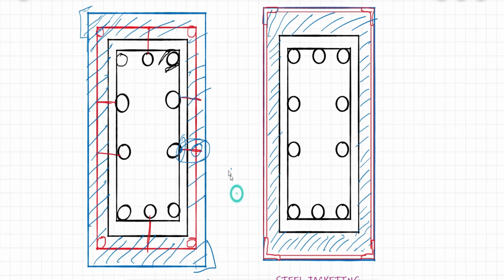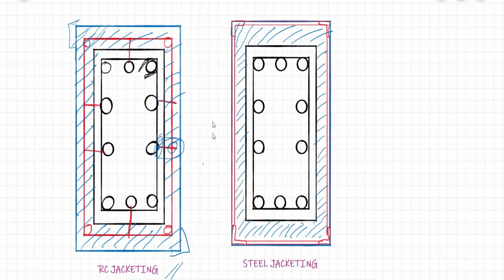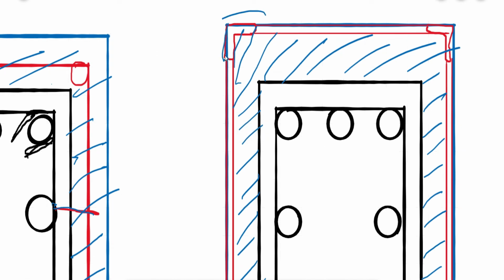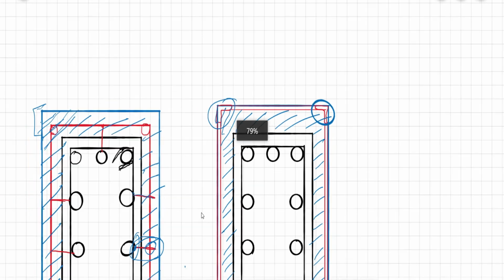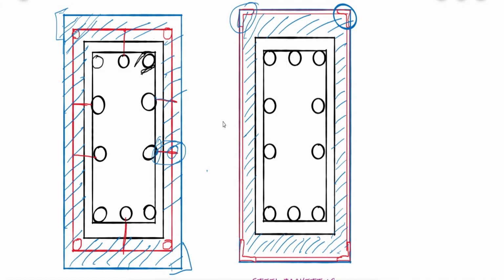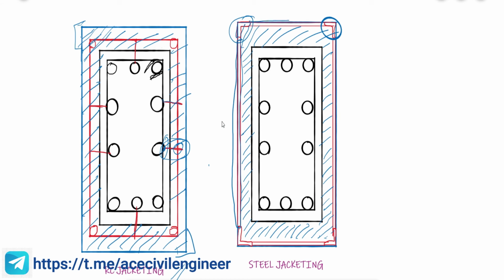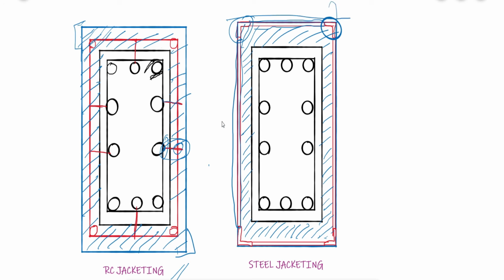And coming to steel jacketing, what you are going to do is provide some channel sections like this, as I have provided here at all four corners, and later they are connected by battens. Battens, you must be knowing, I will show you in the further slides. Here is a batten which I have provided, connecting these angle sections, and after that I am going to put the formwork all around the column, and that will help in pouring the grout. So this is what is called steel jacketing.